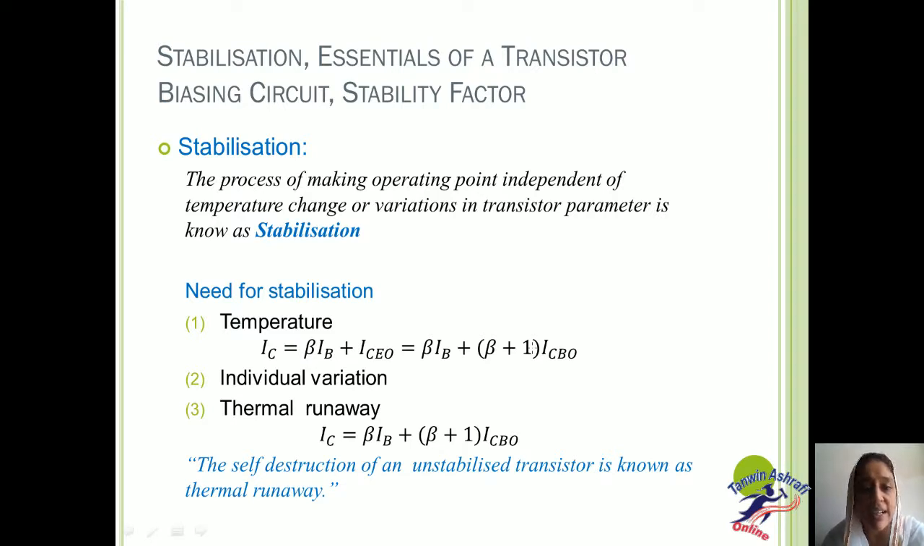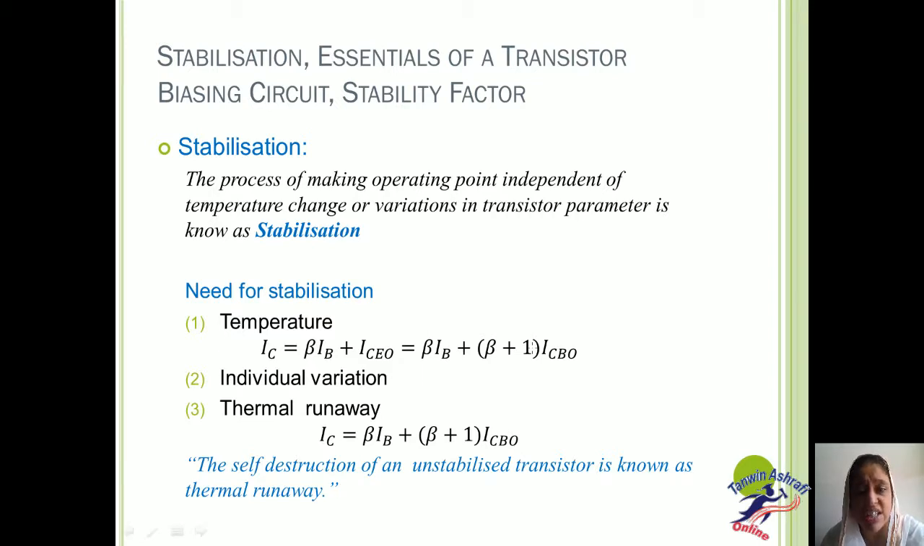The collector leakage current ICBO is greatly influenced by the temperature change. A rise of 10 degrees centigrade doubles the collector leakage current, which may be as high as 0.2 milliamp for a low power germanium transistor. The biasing conditions in such a transistor are generally so set that the zero signal current, that is IC, is equal to 1 milliamp. Therefore, the